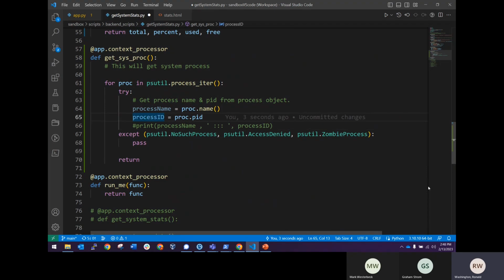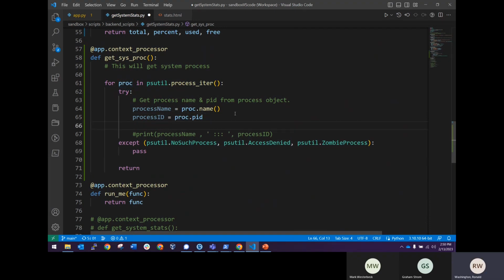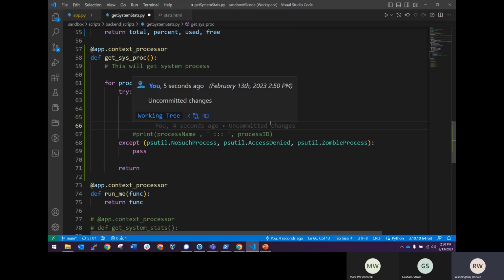I'm gonna make these a dictionary. It's called dict. Oh, but you know what? We probably do need to make them... I'm a nut. Let's make them a dictionary like this. Mark, you watching this? I think I need to combine both of them, because I think this is just only going to get the name. This is going to get the PID. And maybe I need to do